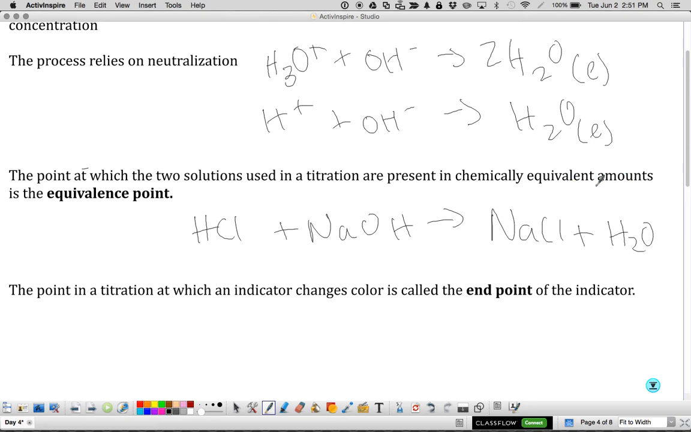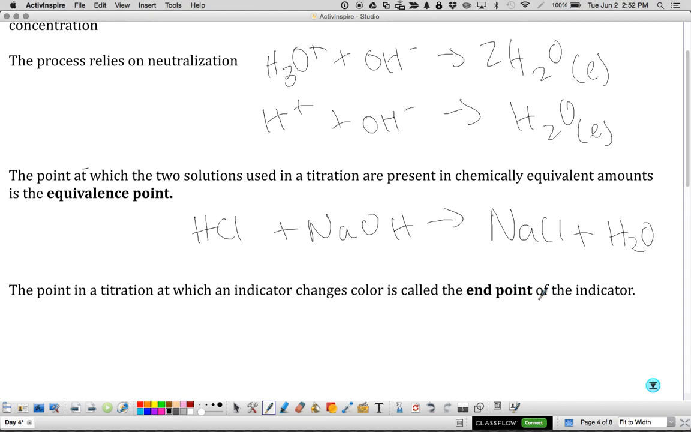You've been in chemistry for almost an entire year now. You should be able to look at this and tell me, okay, by chemically equivalent amounts, we're probably talking about equal number of moles, right? Yes, that is correct. So the point in a titration at which an indicator changes color is called the end